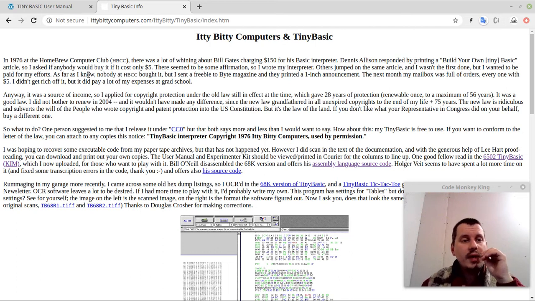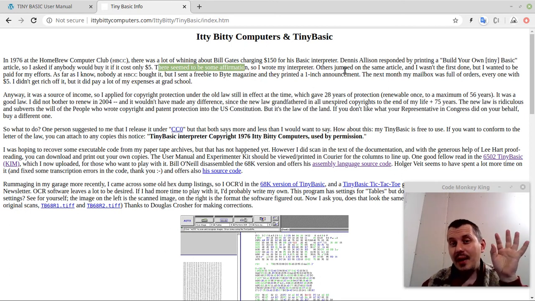So I asked if anybody would buy it if it costs only $5, and this is trolling. I believe this is trolling. It's like $150 versus $500. So like undercutting Bill Gates with no chances. And there seemed to be some affirmation. So I wrote my own interpreter. Others jumped on the same article, and I wasn't the first done, but I wanted to be paid for my efforts. As far as I know, nobody at Homebrew Computer Club bought it, but I sent a free